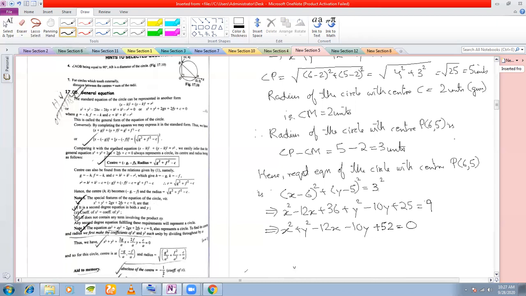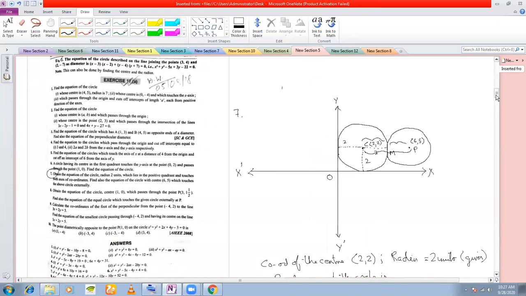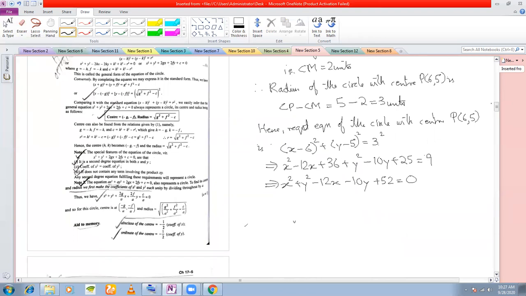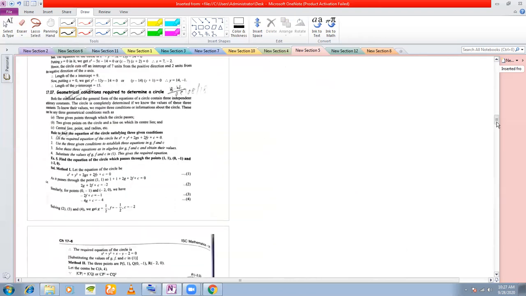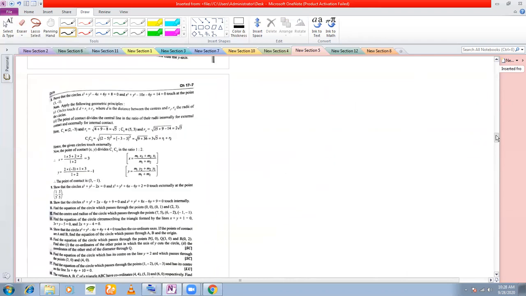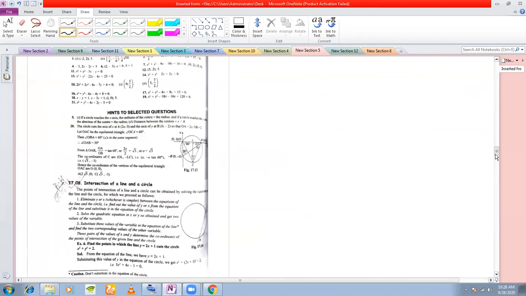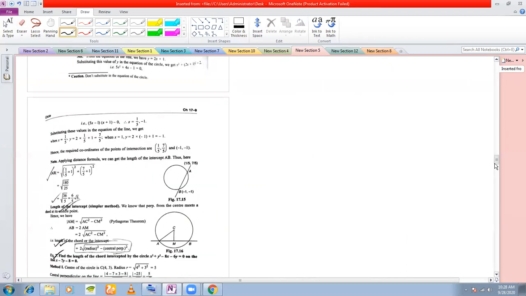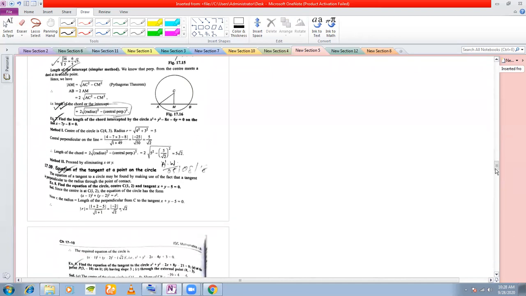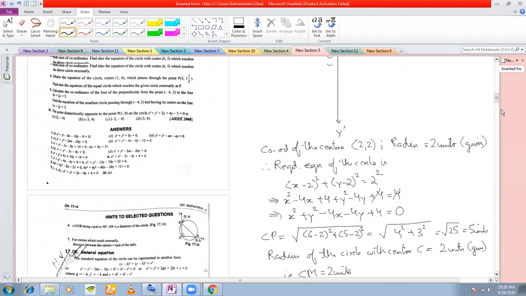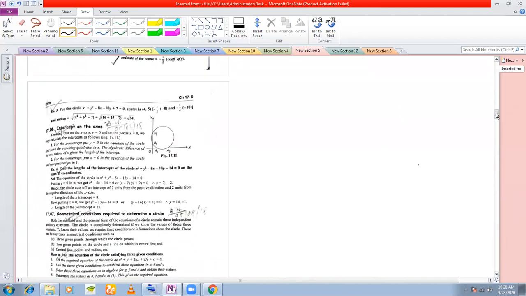So this completes our first exercise. Now what we come to next is the general form. Remember, I told you in the last class also that after your exercise 17b, all the others have been excluded. Intersection of a line and a circle is there, that I will show you, but tangents and all are excluded from your syllabus. So let us discuss the general form very briefly, and then I will start with problems in the next class.